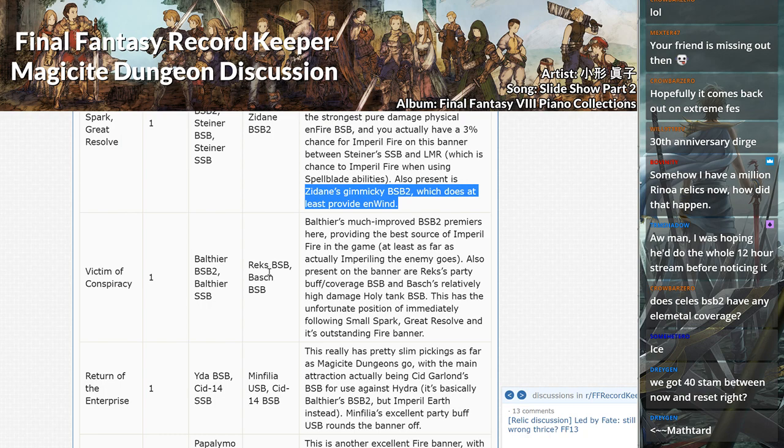I think the best part of the banner, to be honest, is Balthier's BSB 2. I like Vaughn's USB, and I think it has the potential for putting out a lot of damage. However, where Vaughn falls off, I believe, is that he's only an average to above average option in Magicite, because he's more of a stat debuffer, and that's where his damage generation comes from. And with stat debuffs being not all that valuable in Magicite dungeons, it makes him less than stellar for Magicite dungeon